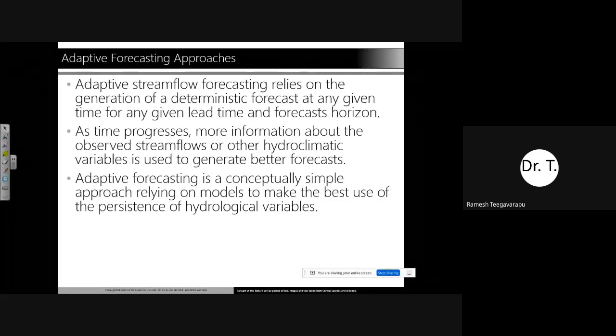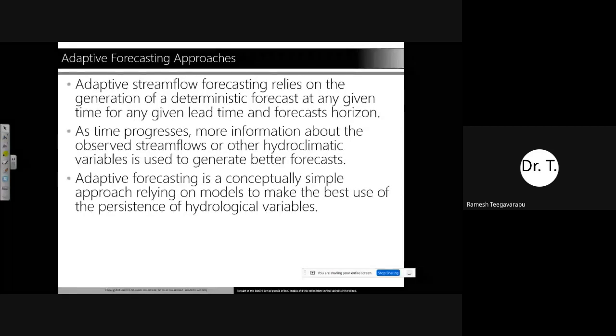As time progresses, you get more information about the system, you update the system, and you keep on updating it. And when the system gets updated, you reforecast. Again, you update the system, reforecast, and so on.